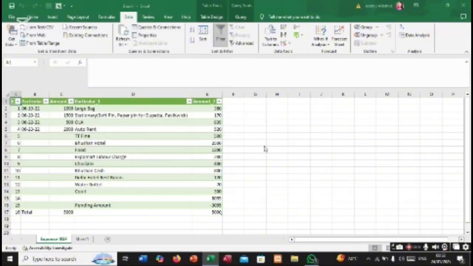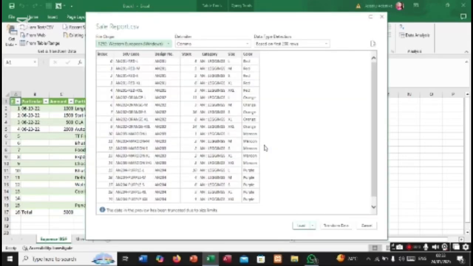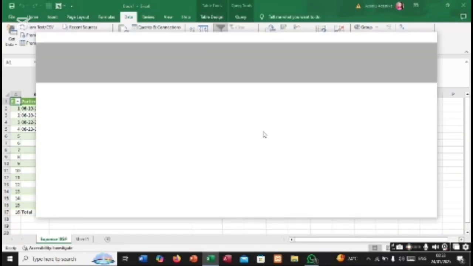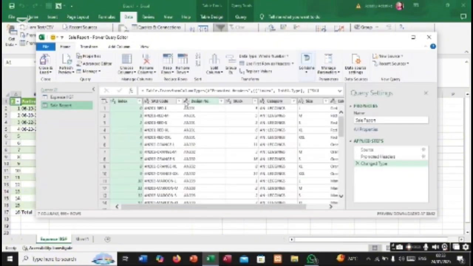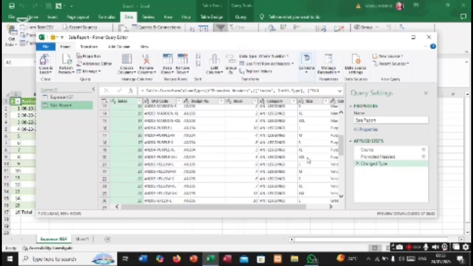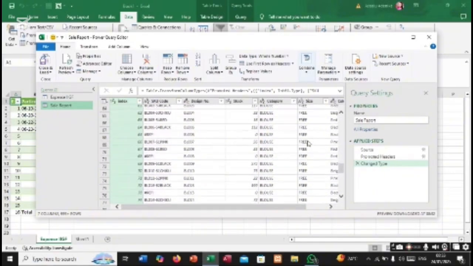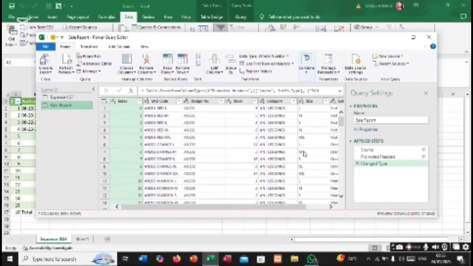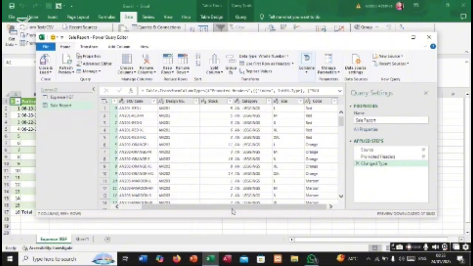So I'm just previewing it here, then I allow it to load using the close and load button, and it loads straight up to my Excel workbook. So I have 2 different data sets